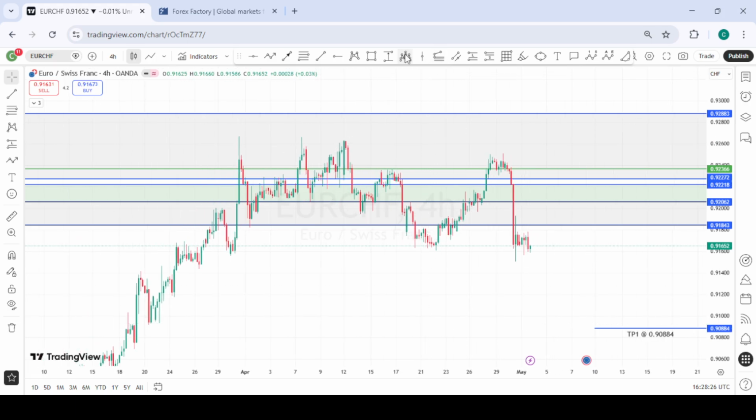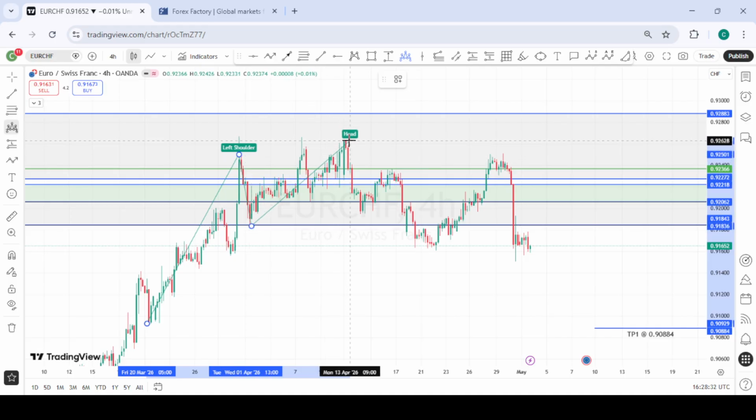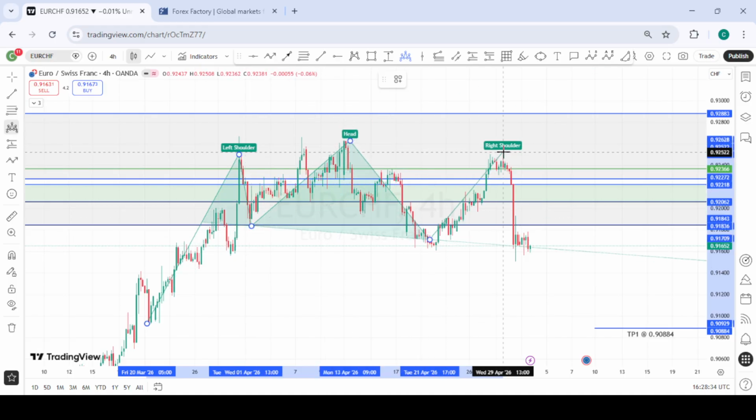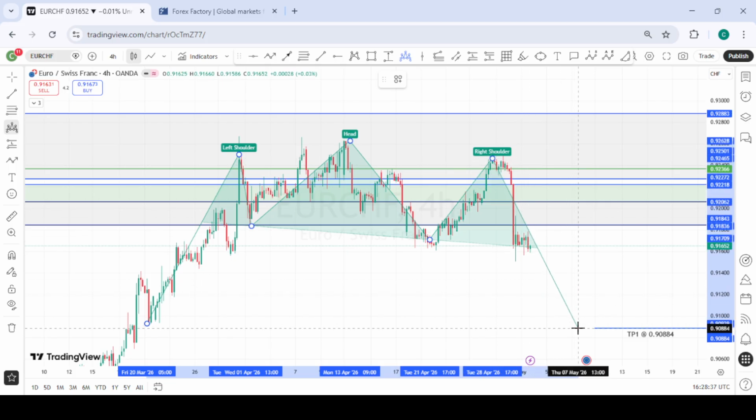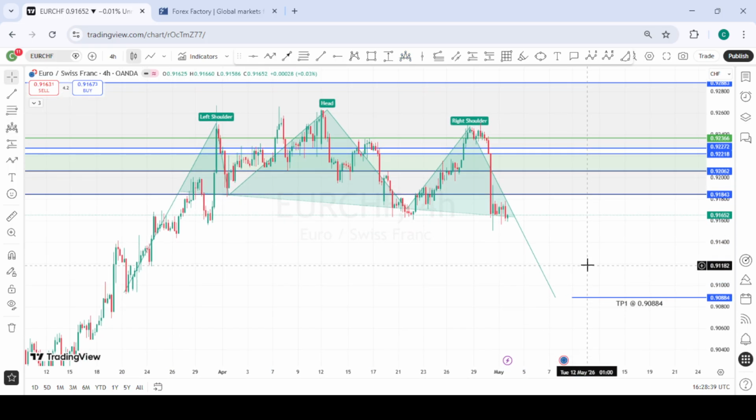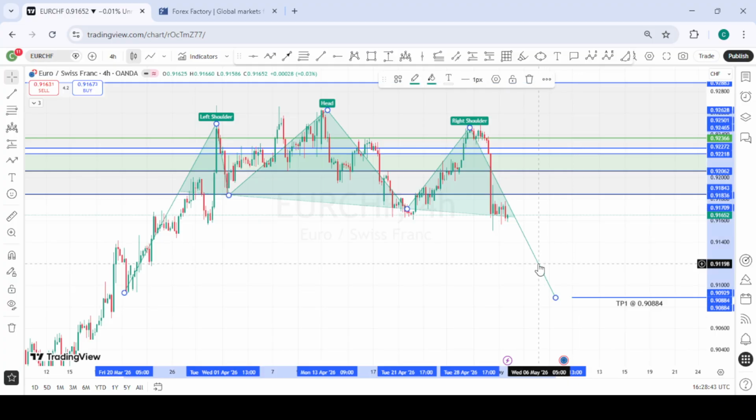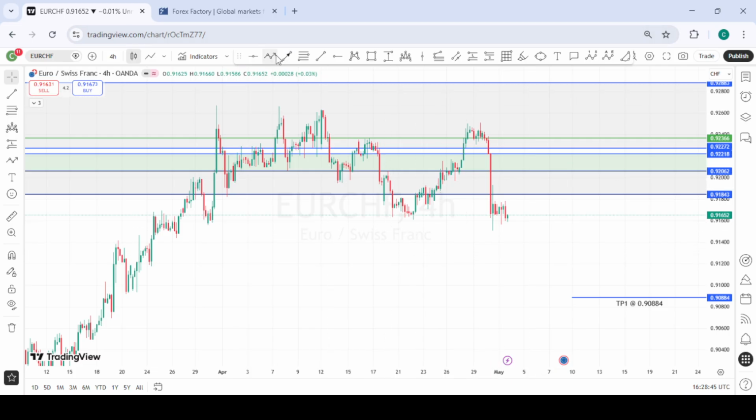That's given us a whole new structure. So this is more like the left shoulder. This is the head, and now this is giving us the right shoulder. So we are looking forward to selling opportunities to the downside for EURCHF. So going into next week, what we'll be looking out for is a possible pullback into any of these